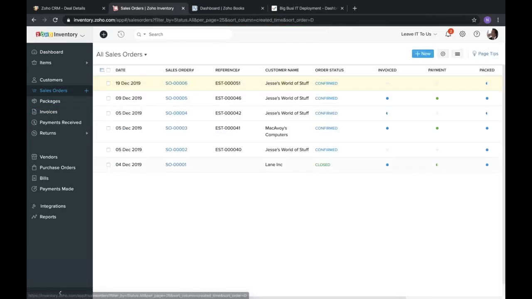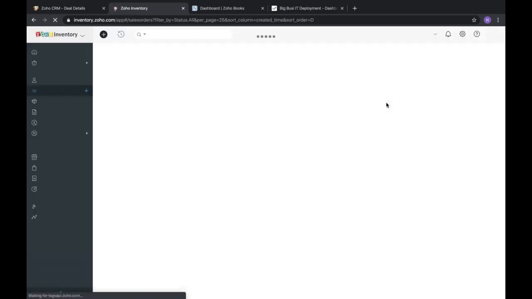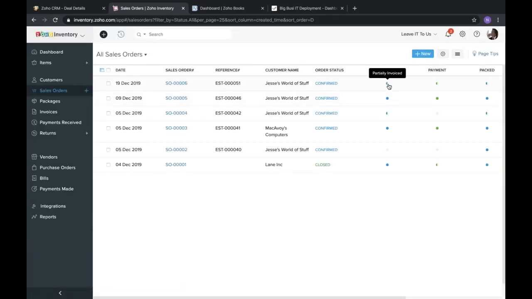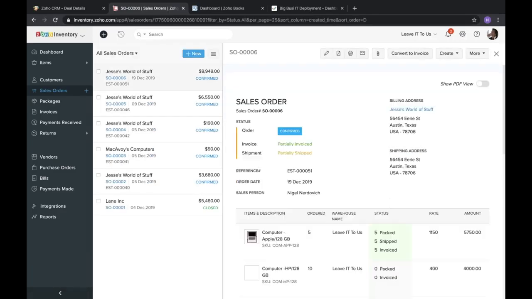So now when I look at the sales order out here, it still just shows it as partially packed. I think it takes a second sometimes to update. There we go. Now it says partially invoiced, partially paid, partially packed, because we've only sent them part of the